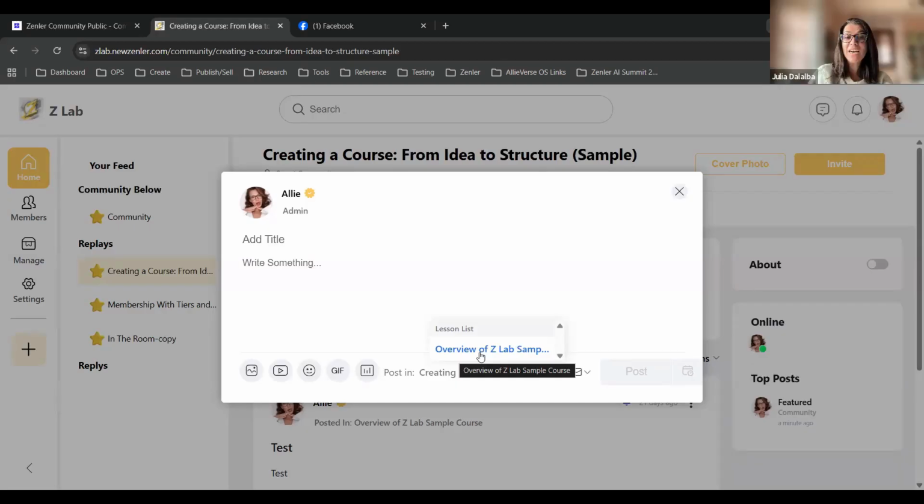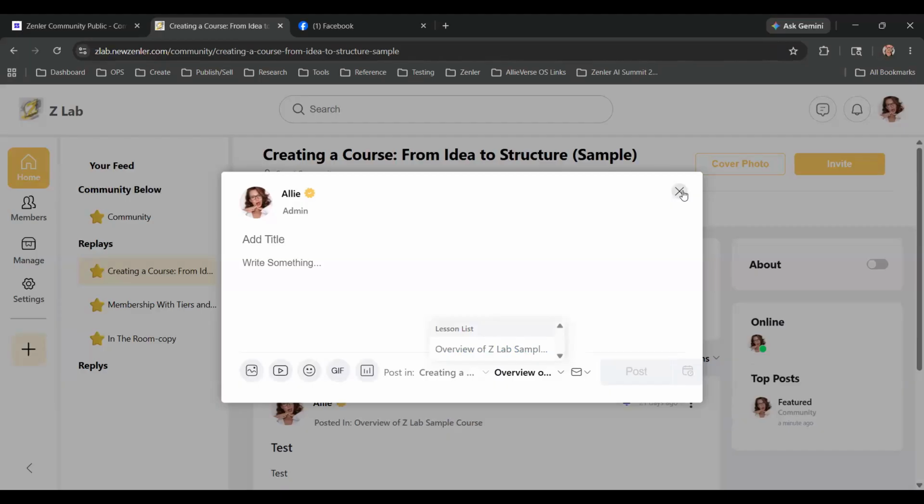Right. When I did that initially, the community page was not even existing in Zenler. So here's what you could do. If you want the discussions to live separately from community, then you can remove them from community. I think. Let's see if we can do that. Either you turn off all discussions so that there's only one discussion thread in community. Or if you want to keep the community discussions under each lesson so people can read and engage under each lesson, then we need to remove them from community altogether.